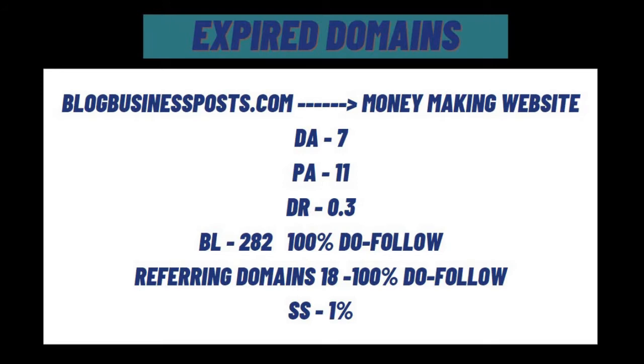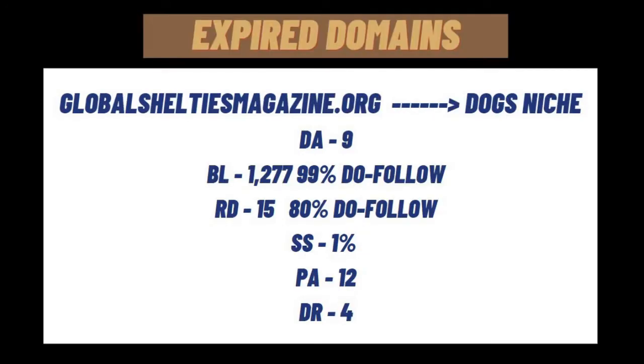So in the next clip, I'm going to show you another domain that you could go for. So stay tuned for the next domain. Now guys, here's the second domain name,